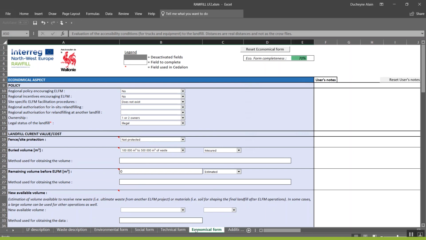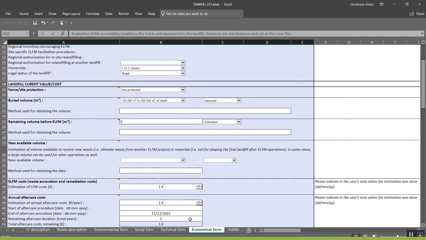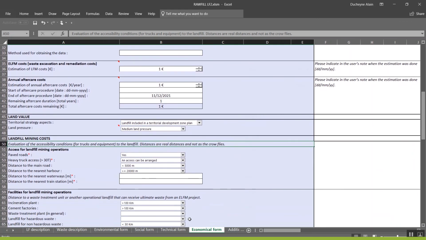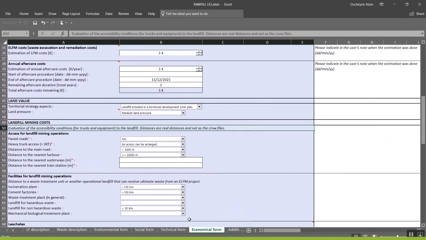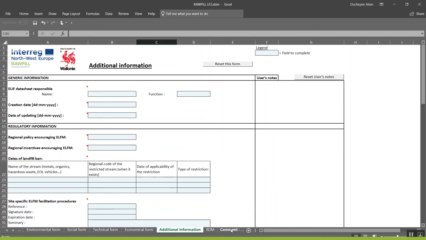It incorporates information related to the landfill mining region policy, the cost of the landfill rehabilitation, the landfill aftercare, the potential value of the waste content, among others. In addition, information regarding the distance to transport facilities such as a train station, nearest harbour or closest highway and waste management treatment facilities are included in this form. The tab Additional Information contains other suitable administrative information that is not directly linked to the previous tabs.